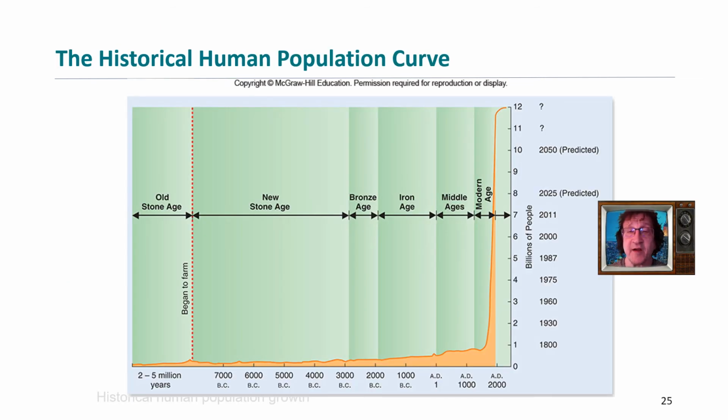So let's end with my least favorite graph. This is looking at human population from 2 million years ago, before we even looked like we look like today, to about past 2000. Look at this. This is billion. So that's 1 billion, guys. Look at this. It wasn't until almost the 1800s that we had 1 billion people. Look how few people were on the earth many years ago. And look at this increase.